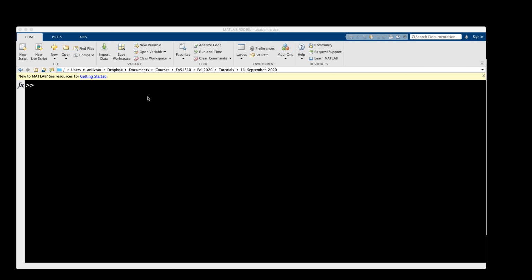Okay, so this tutorial today is all about using two different types of data structures in MATLAB. They are what are called structured arrays and cell arrays. Now, you probably haven't used them before in MATLAB, but they're really useful. I'm going to set up a simple example to show you how they work, and then we're actually going to